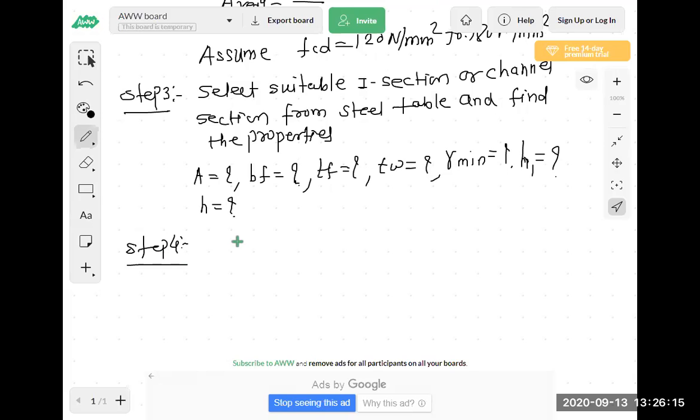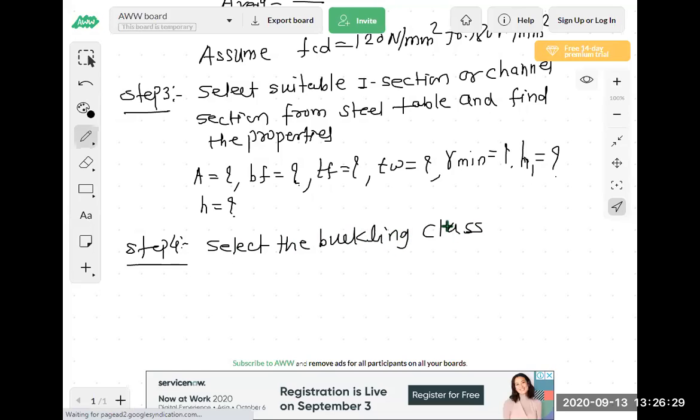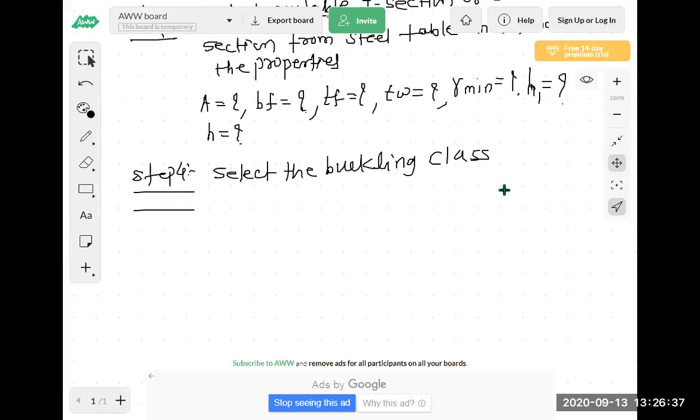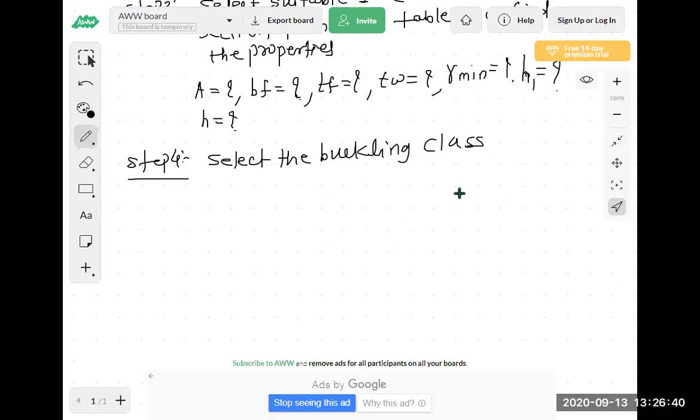Here, step number 4 is to select the buckling class. So go to page number 44, IS 800 2007. Step number 4 we have to solve. This is the new step. So go to page number 44, IS 800 2007. There they have given the buckling class for each section,